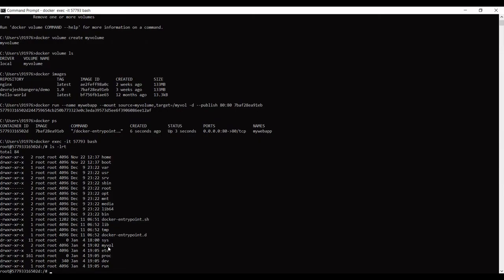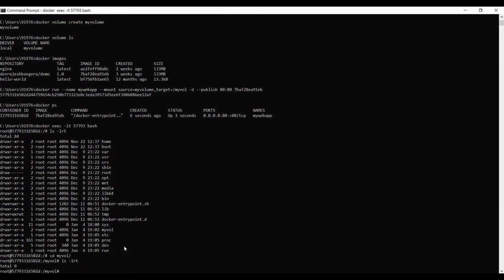If you see here, I see a mount, the volume that I have mounted. If I go within this mount, I don't find any file in it. So what I will do is create a file and then exit this container.